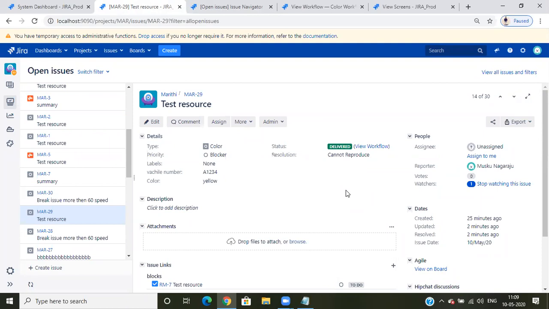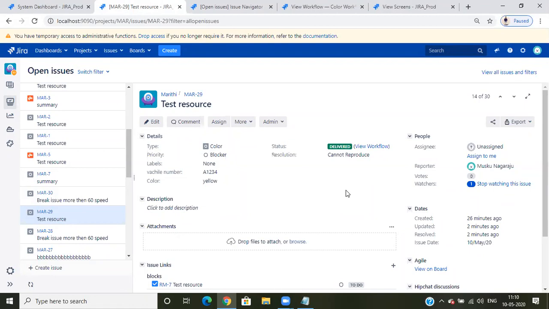Coming to a different one, suppose rejected. I have rejected, so they'll select the rejected one. But that is based on a project manager's request. They will tell you that when I go with this status, I want the resolution to be fixed. The resolution for a fixed one is called done, or fix, or something. So they want a particular name. There is no change. Some status, suppose called delivery time, I need to select some resolution. So how do we achieve that?